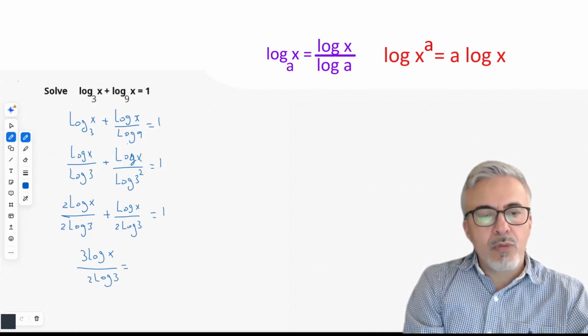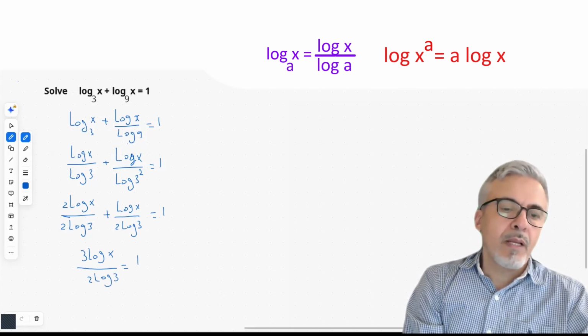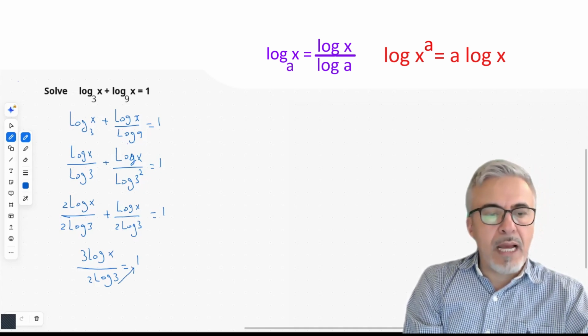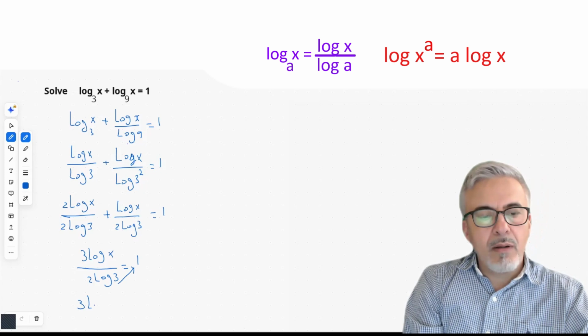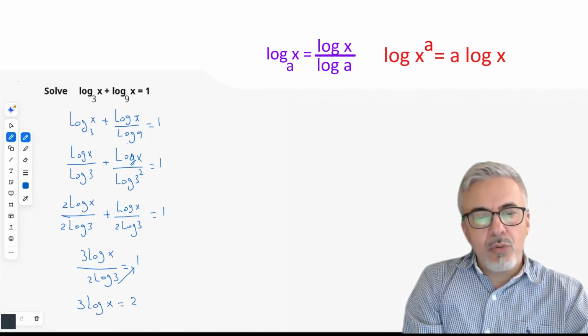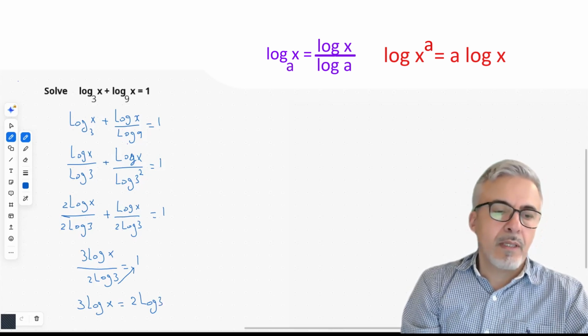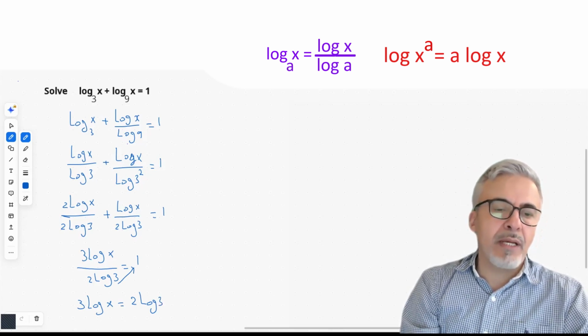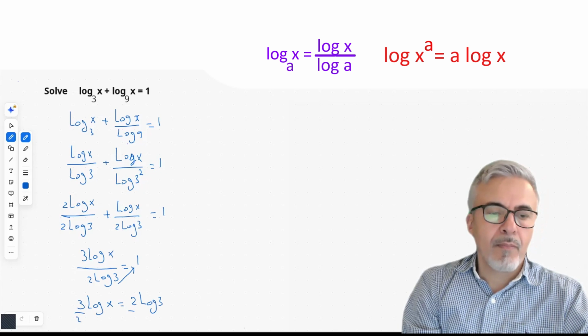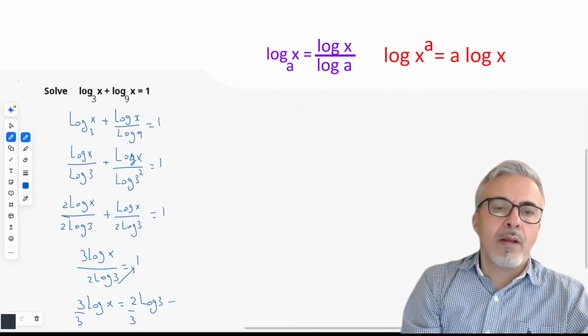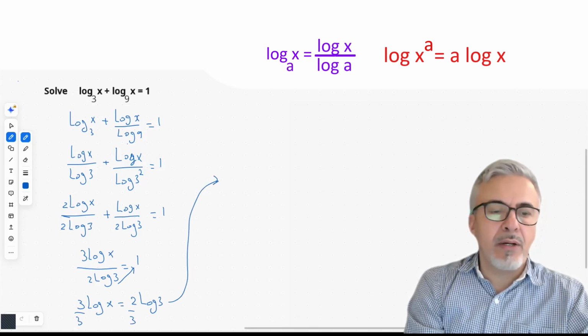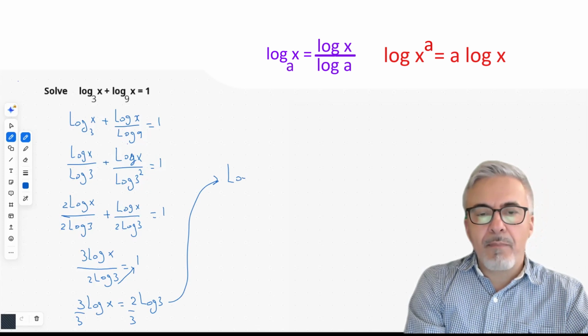3 equals 1. Now I'm going to cross multiply the 2 log 3 with where the 1 is. So I'm going to have 3 log x equals 2 log 3. I'm going to divide both sides by 3. And I'm just going to take that right here. Now I'm going to have log x